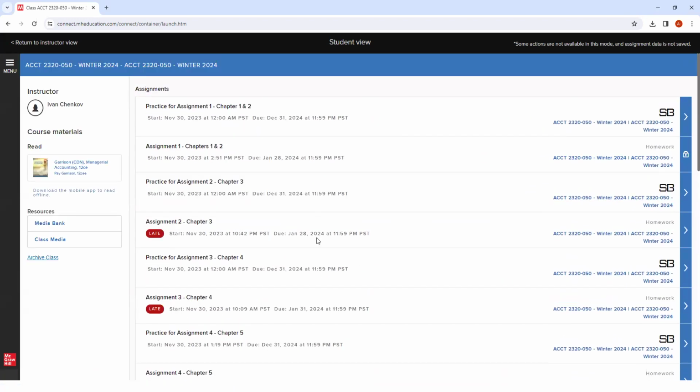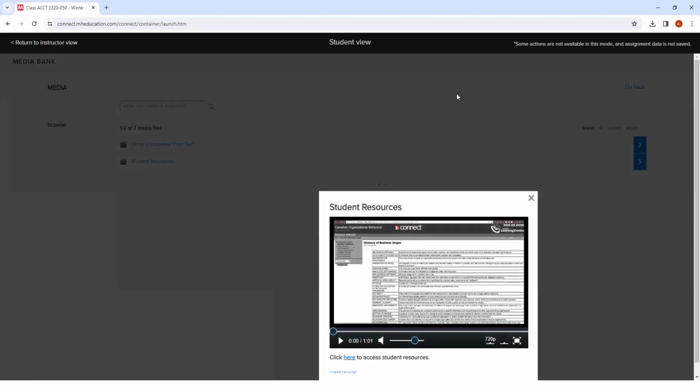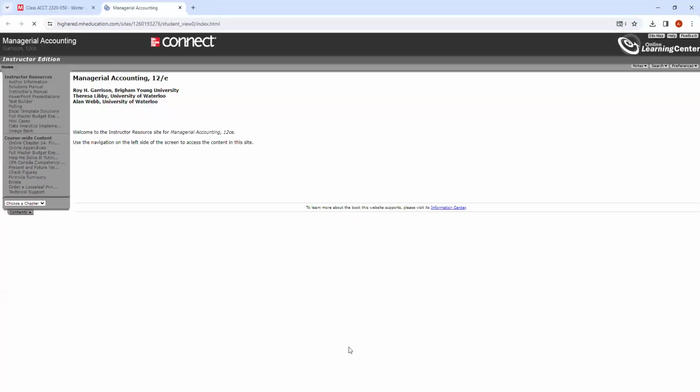Once you see everything, I want you to go to the media bank. Once you go to the media bank, go to the student resources. Once you click the student resources, this screen is gonna pop up. There's one button that says click here to access student resources. Simply click on that blue here, and it's gonna transfer you to a completely different reality,